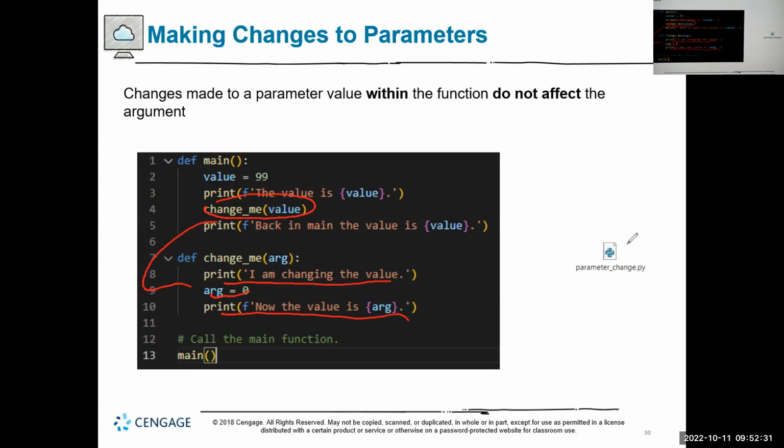Now I print it out and the number is 0 here. Now I bring it back to the main value. I have value here. What do you think? What is the output of this program? Let's go step by step. What do you think? 0? No, value should still be 99,